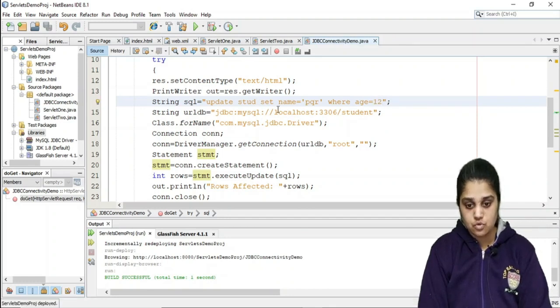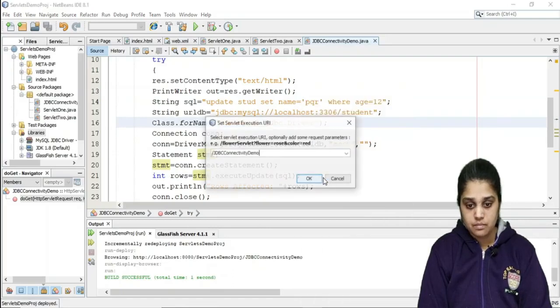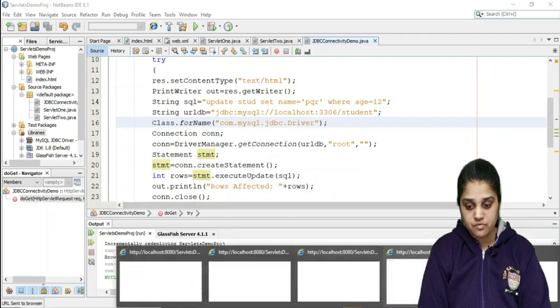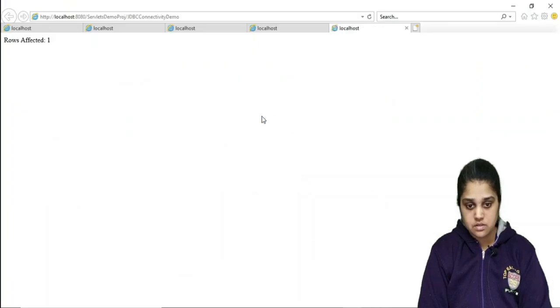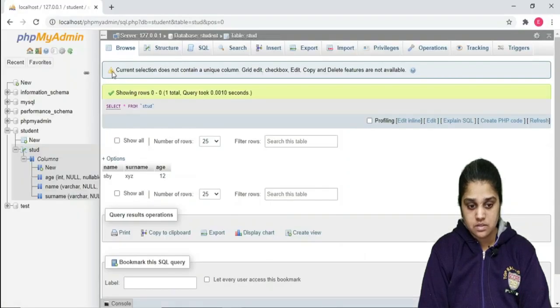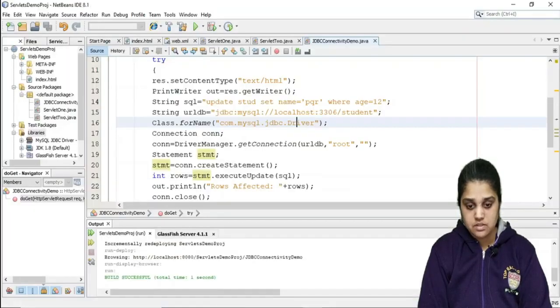So instead of SBY we will have PQR. Rows affected is again 1. Let us check in the database. Let us browse. Yes, SBY to PQR. So we have inserted and updated.